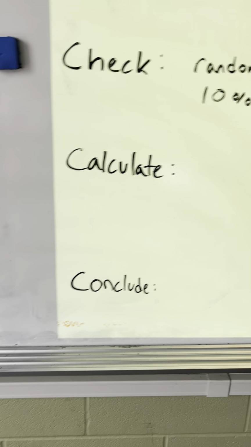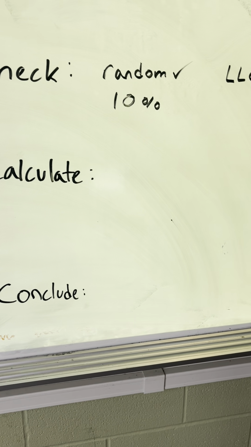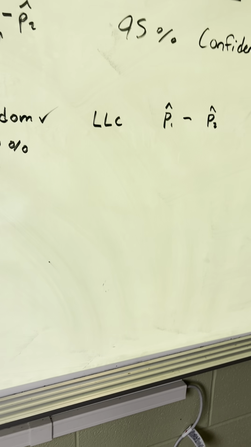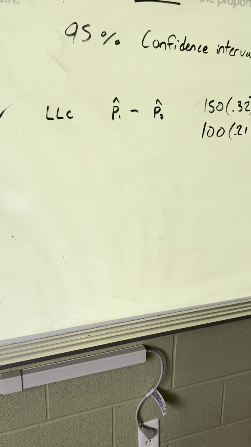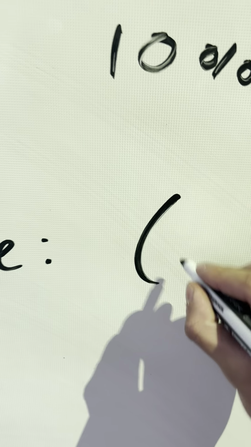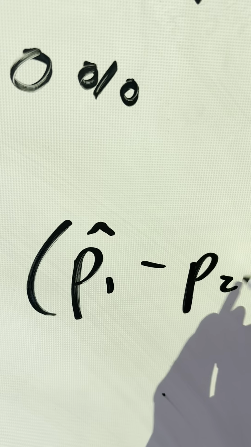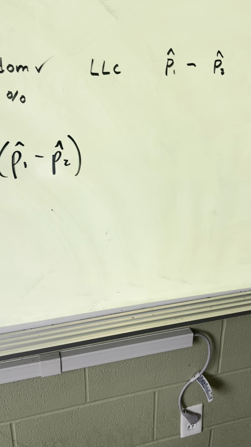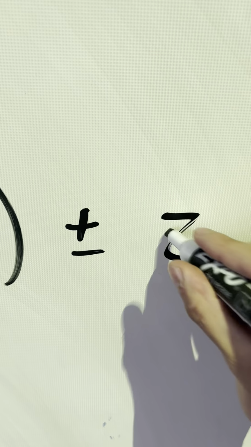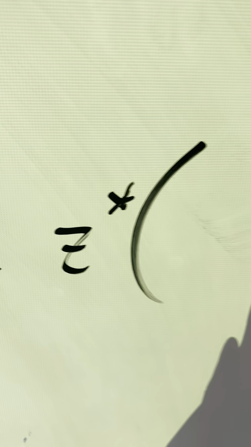We need to solve for standard error. And then we also need to look at our chart to find out what our critical value is going to be. Our critical value using our chart is going to be 1.96. So on our paper, we should see that for our P1 hat minus P2 hat, this confidence interval, we're going to be doing this plus or minus our critical value,